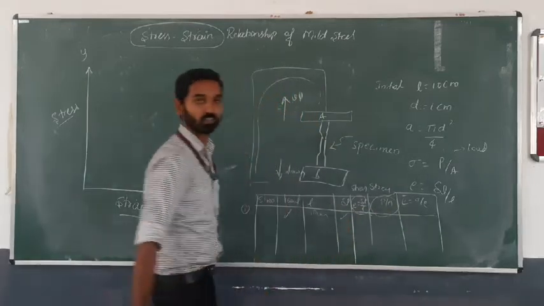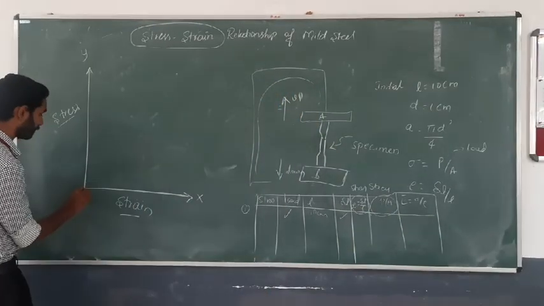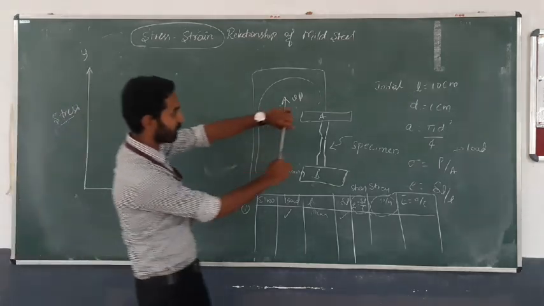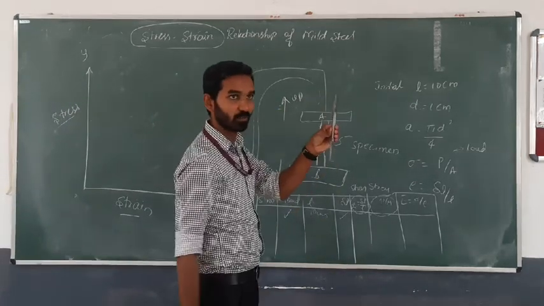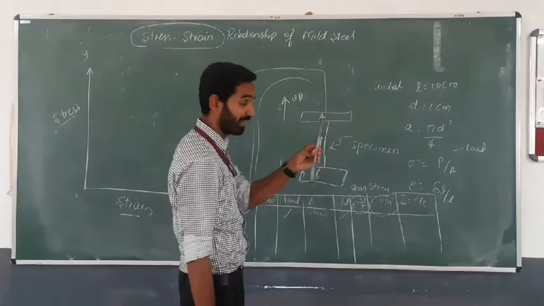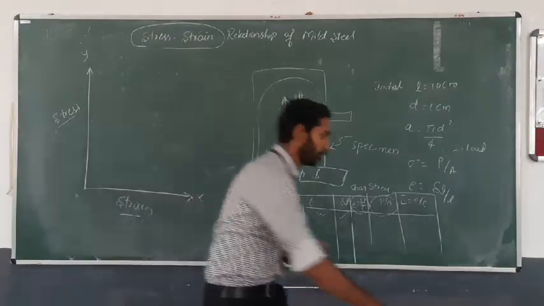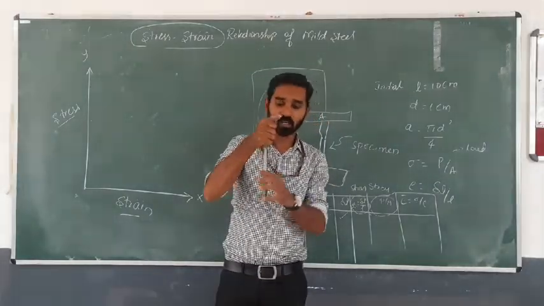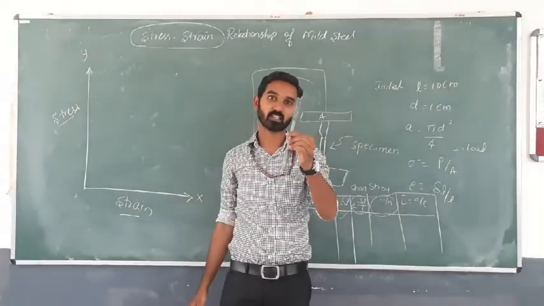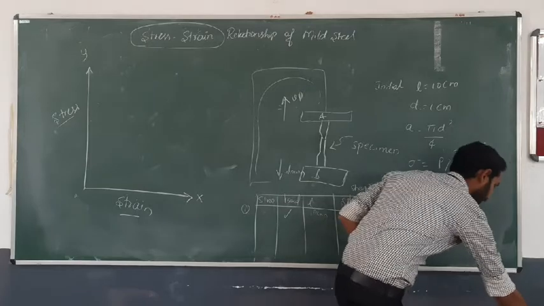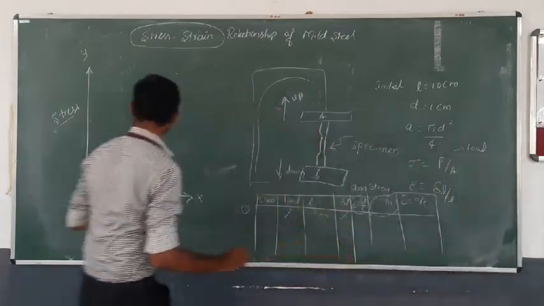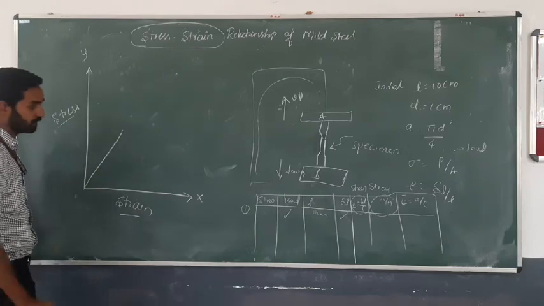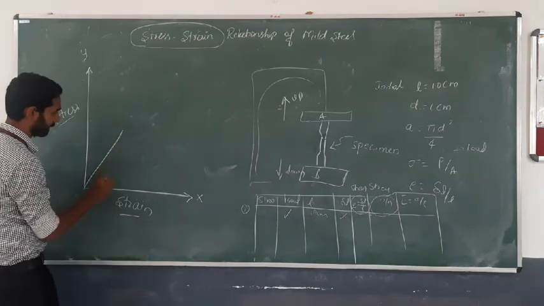Automatically, when the length goes on increasing, strain is also increasing. Again, the variation of stress changes. Initially we take it as 0. Whenever we apply the load, initially the specimen will be in an elastic state. Assume I am applying around 10 kilonewton, 20 kilonewton, 30 kilonewton load. The specimen remains in the same position and the same condition. So initially the stress strain relationship of the mild steel will be a straight line.